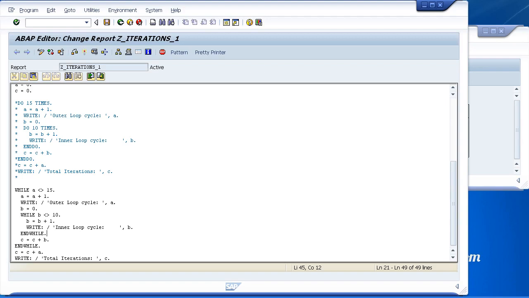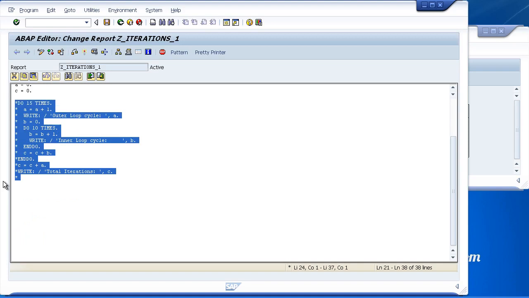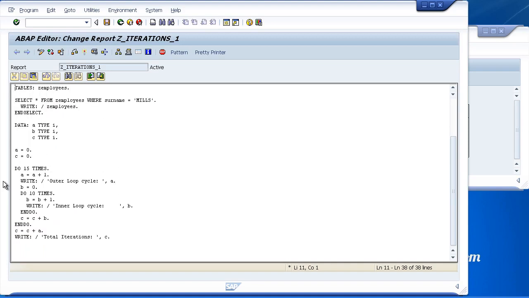I will use the do loop for this example. So let's get rid of this while and bring back our do loops. And we don't need an inner do loop for this example. Let's get rid of B. Okay, then what we're going to do is introduce an if statement. So let's say if